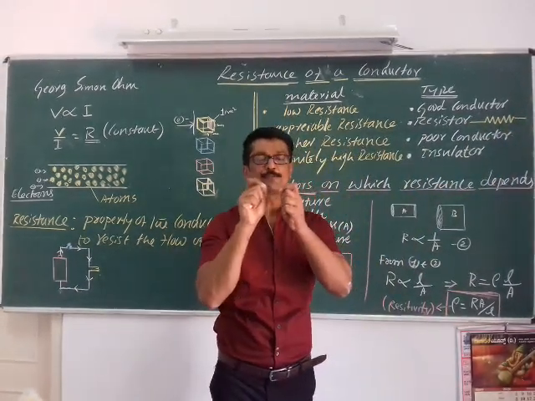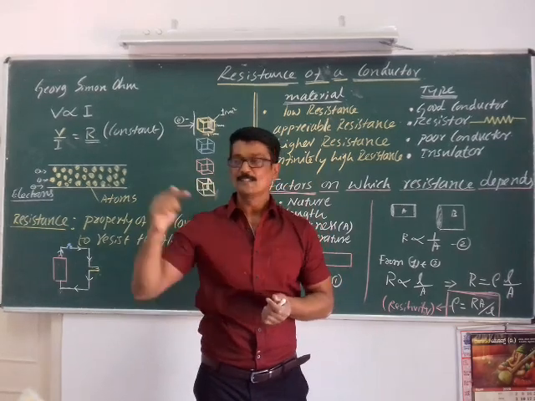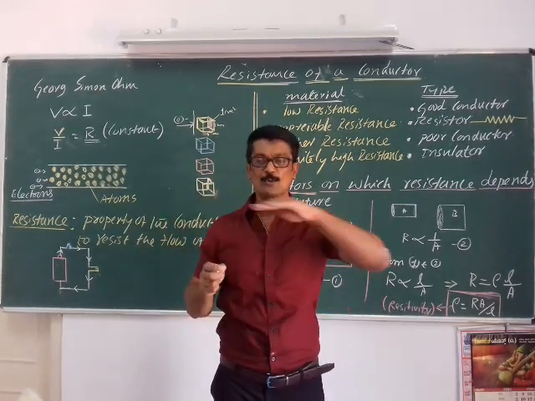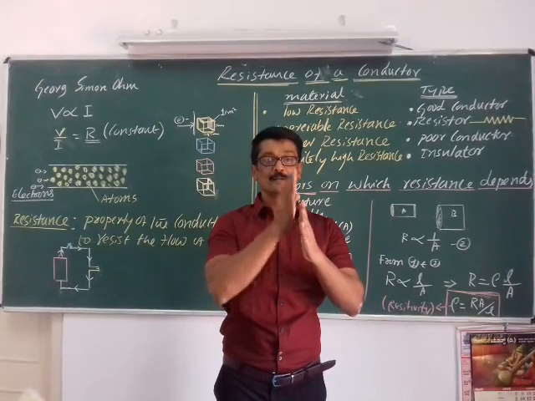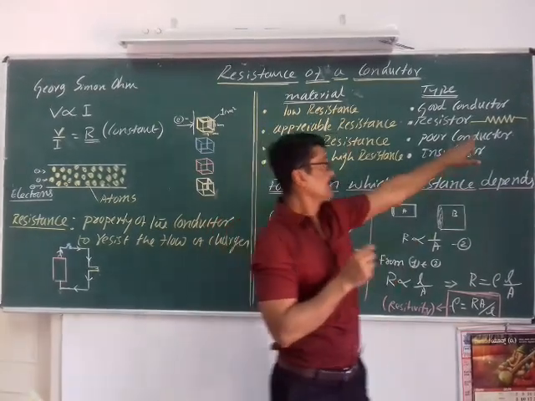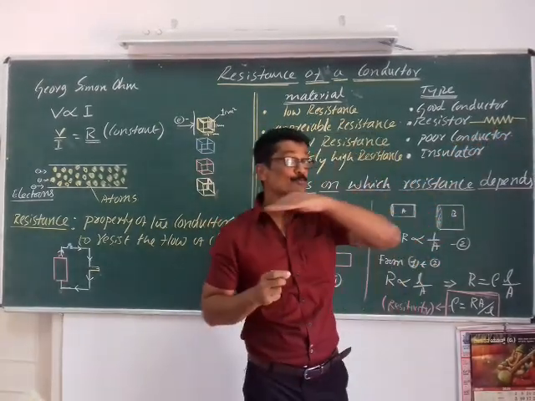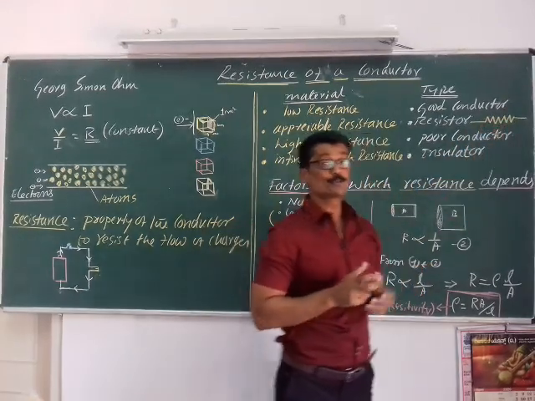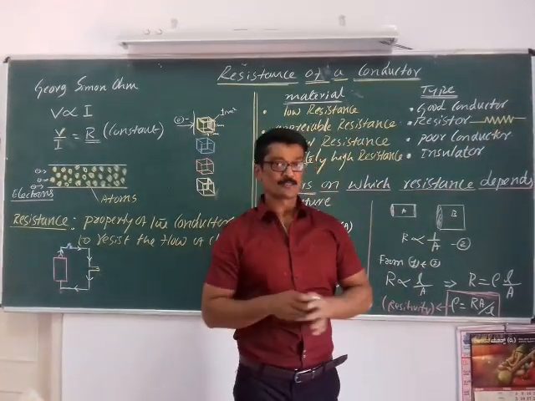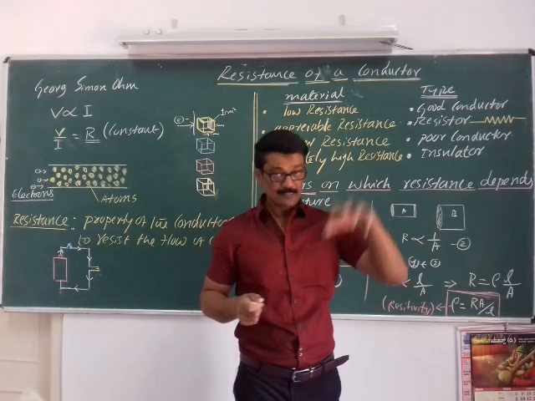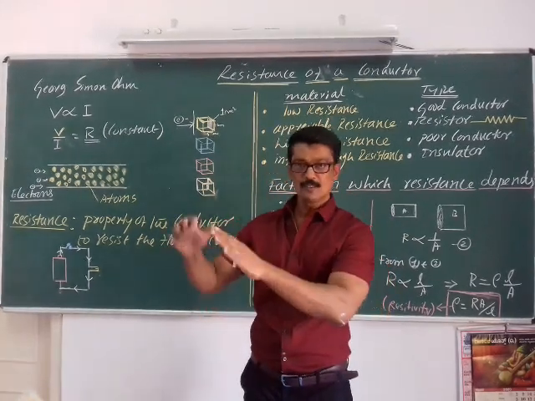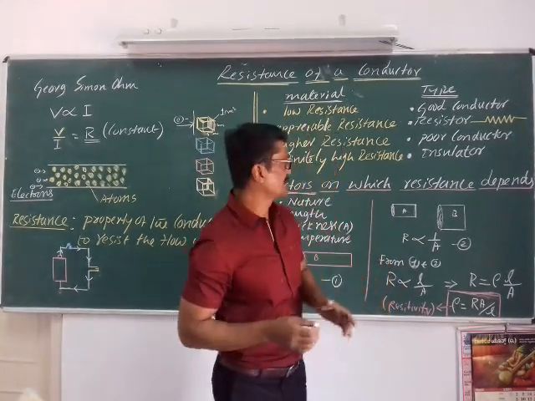The symbol itself gives you the idea the motion of electrons is not so easy. The electrons find difficulty in moving because it is similar to road humps along the roads,